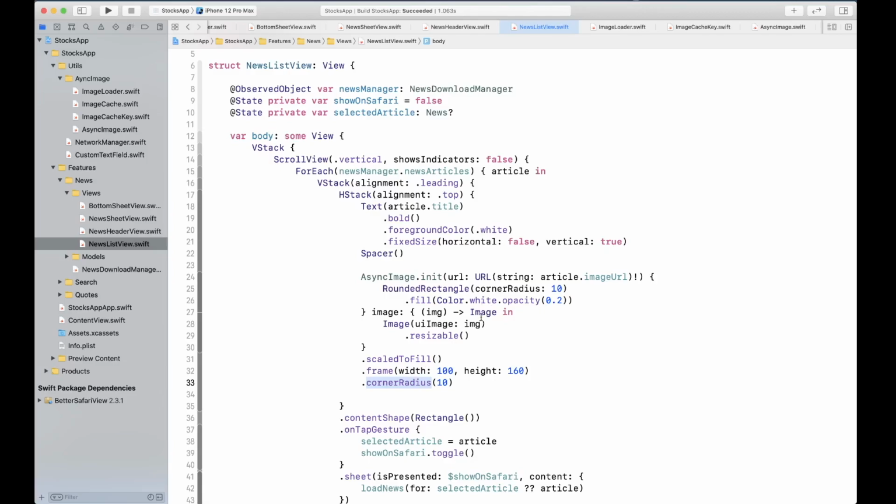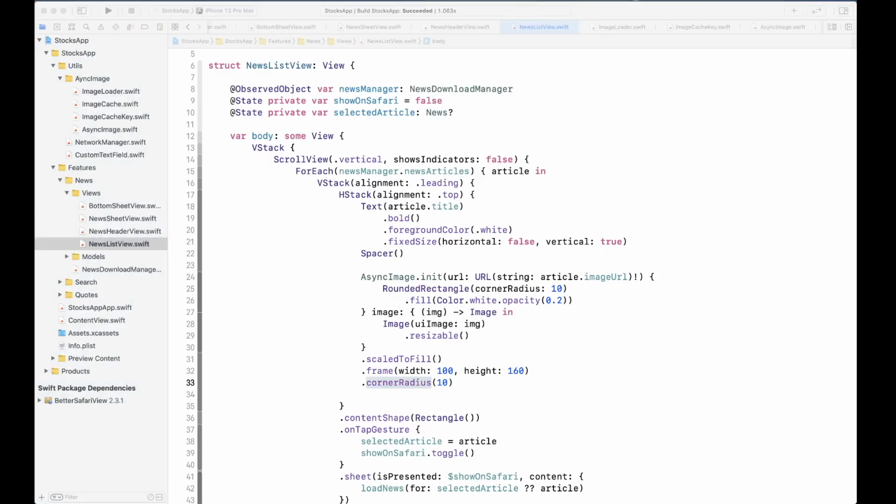All right, so that's about it for our news list. So we'll try and see how it looks, and basically debug that by including it into the content view next. All right, so now our news list is ready.